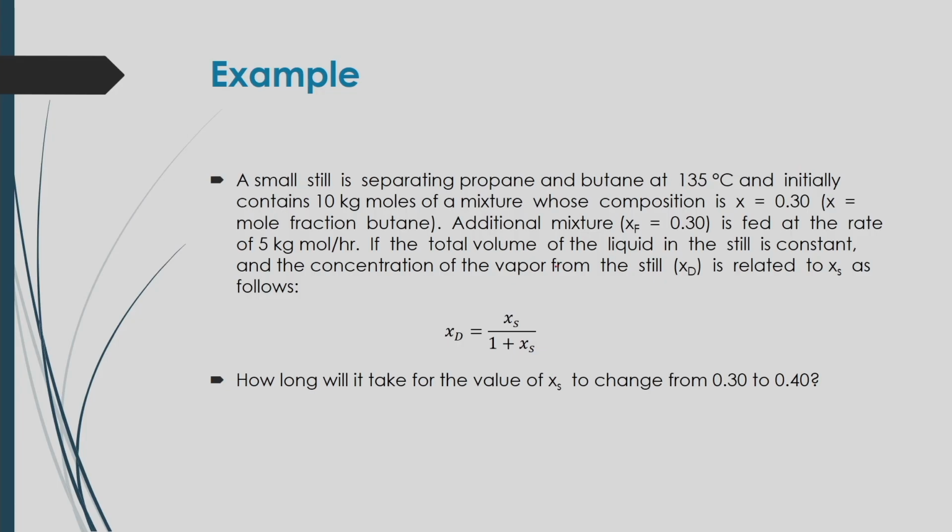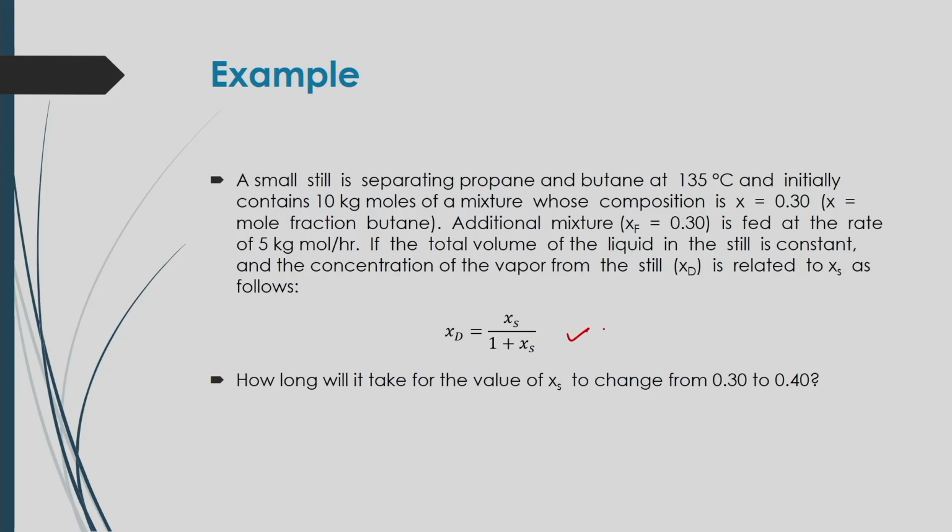Now, if the total volume of the liquid in the still remains constant during the operation, and the concentration of the vapor coming out of the still, xd, is related to the concentration of butane in that still